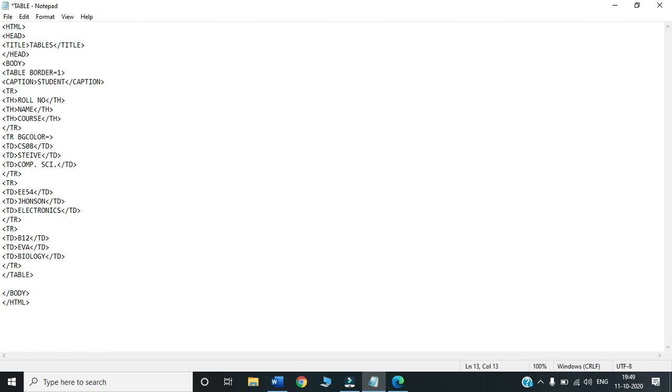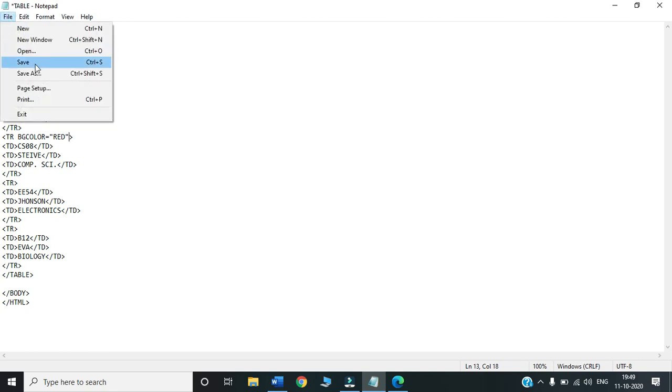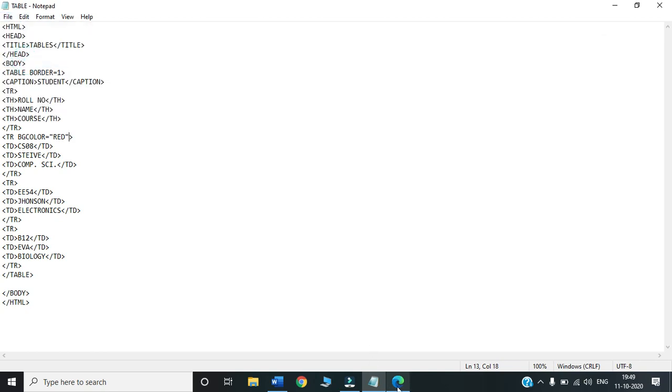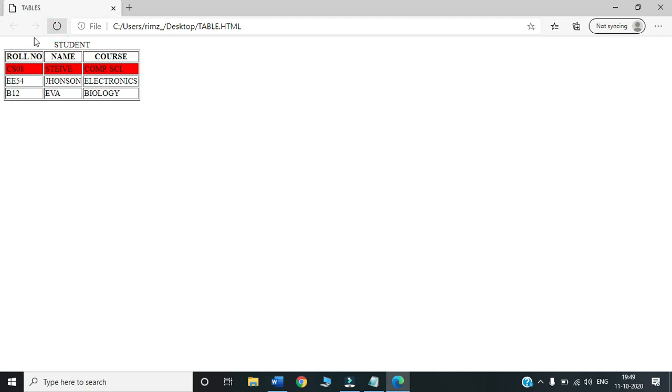So inside this, suppose I want red. This is the second row, sorry. Next, we will refresh and see. Because I have written bgcolor inside the second TR, only the second row is filled up with red.